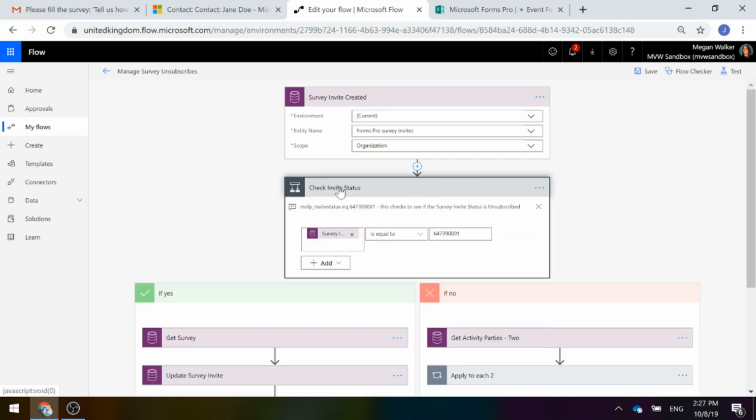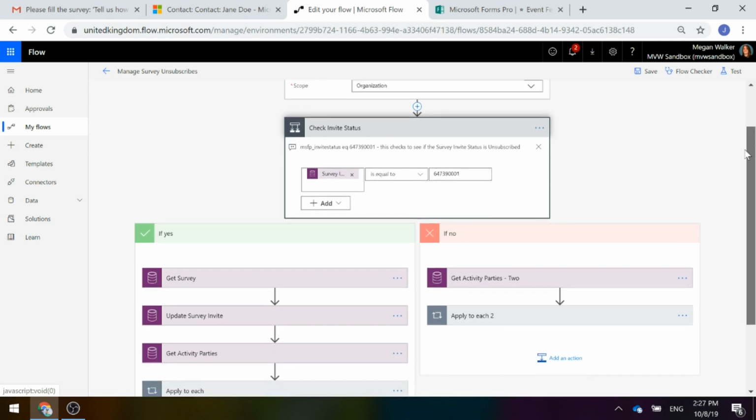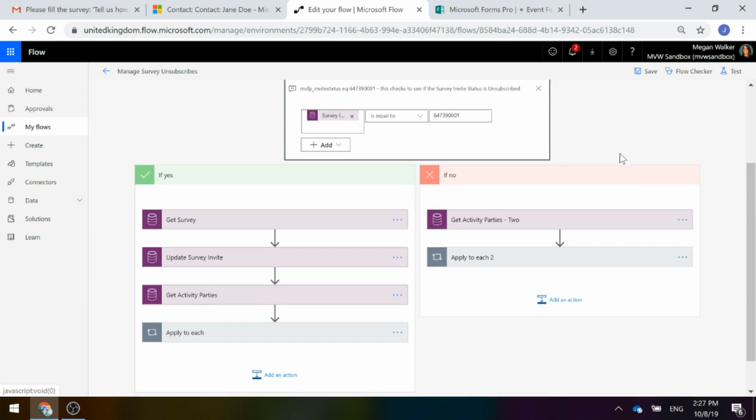Then what we're going to do is a quick check on the survey invite status field and make sure that it is equal to this ID. So it should be the same as in your environment, but you can always obviously check. You can go in and have a look at that field and see what the ID is. Also, you could use Fetch XML Builder in the XRM toolbox and have a look that way as well. All right, so we're basically saying if the survey invite status is unsubscribed, yes,